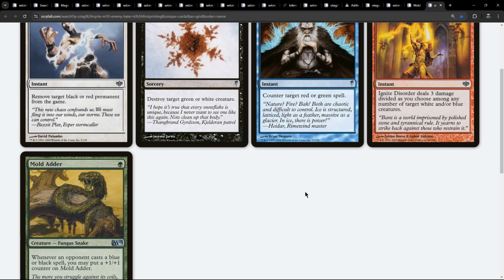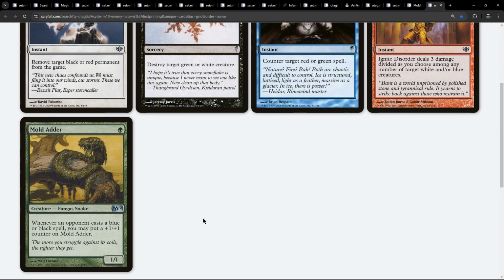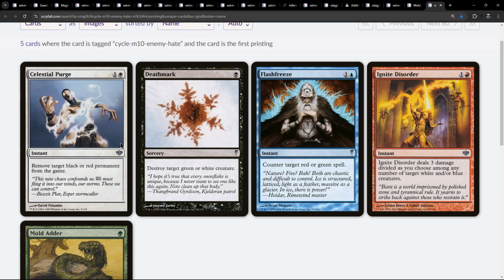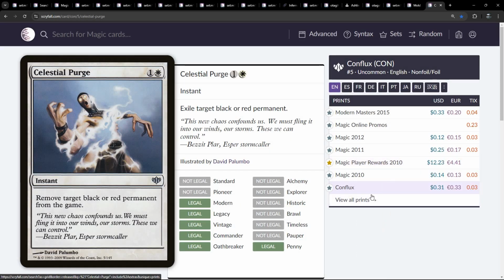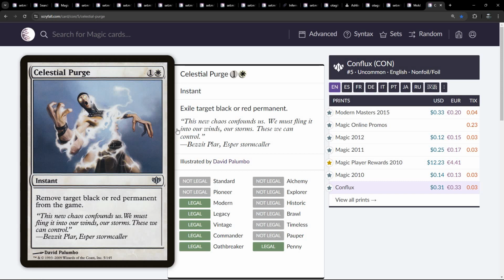It's come up before, I think, where this idea of a cycle of cards that maybe hate on two colour combinations. Sometimes they shift around the cycle a little bit and stuff comes in and out. But this is interesting to see. We've got a set M10 where literally just one of the cards wasn't a reprint of anything, and it hasn't subsequently been reprinted. These ones, as I pointed out, existed before, but they have been reprinted